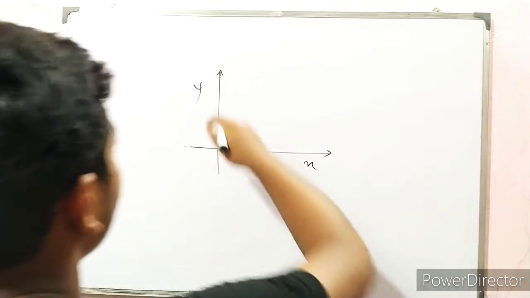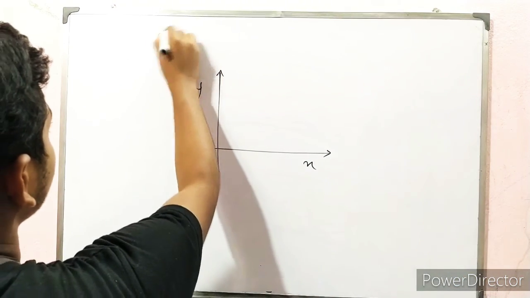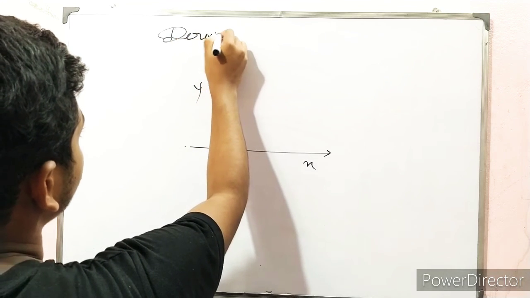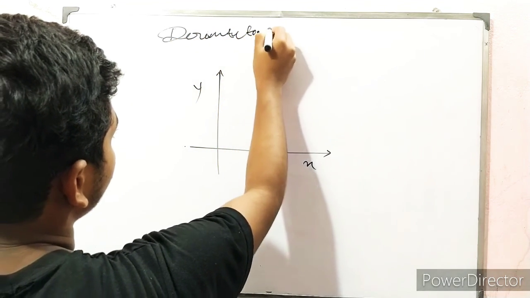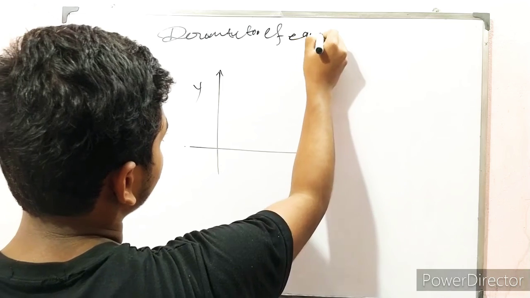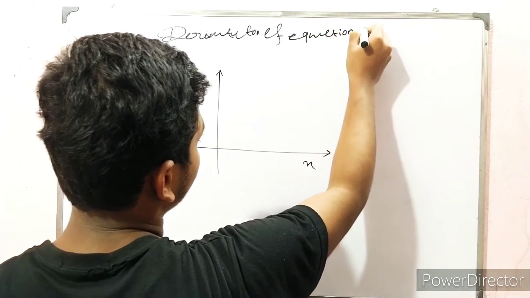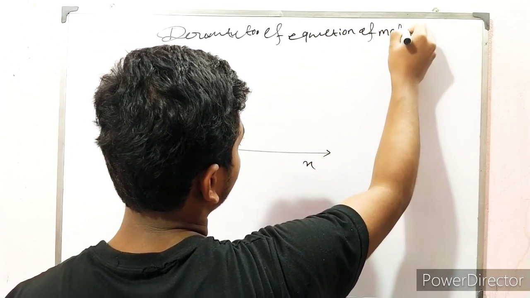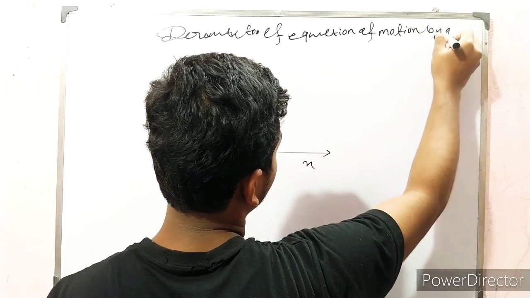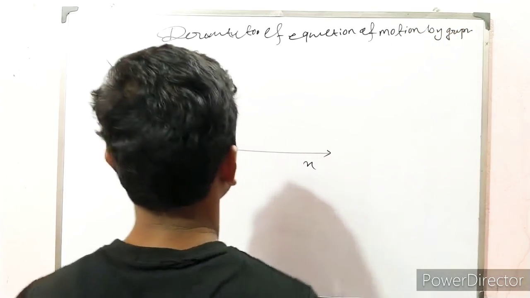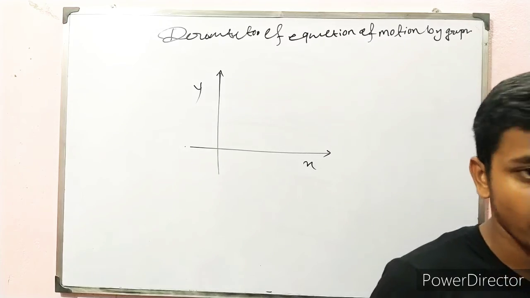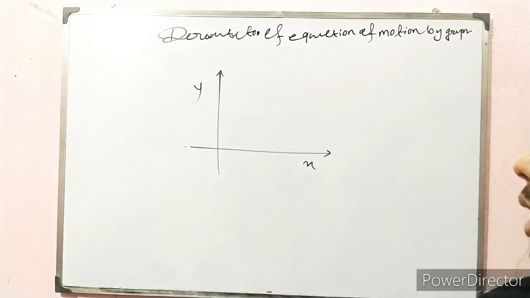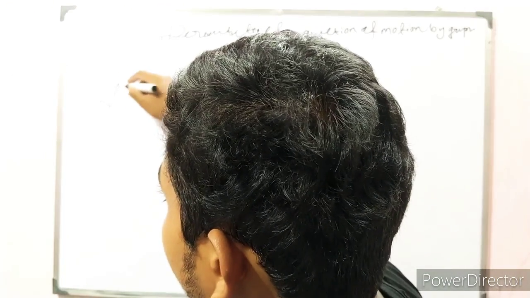Okay, I will give you the heading, that is by graph. So here we will use the VT graph,